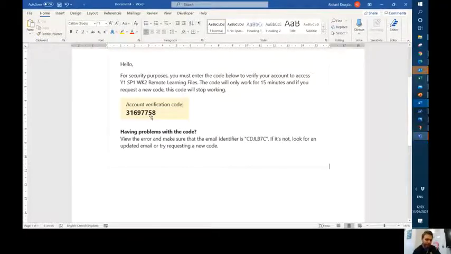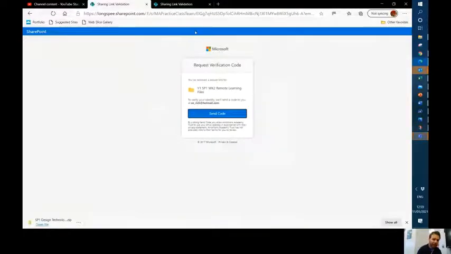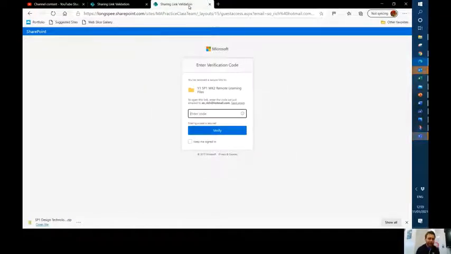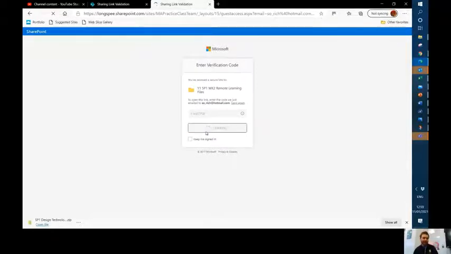Now copying the code electronically isn't actually very easy, so if you just write it down on a scrap piece of paper, and then you can go back, and having pressed send code, you'll get this screen which asks you to enter the code. You now paste the number in and click verify. That then allows you to access the files that you've been sent a link to,